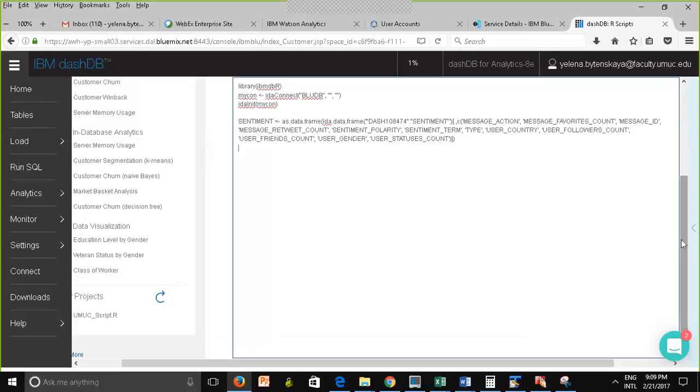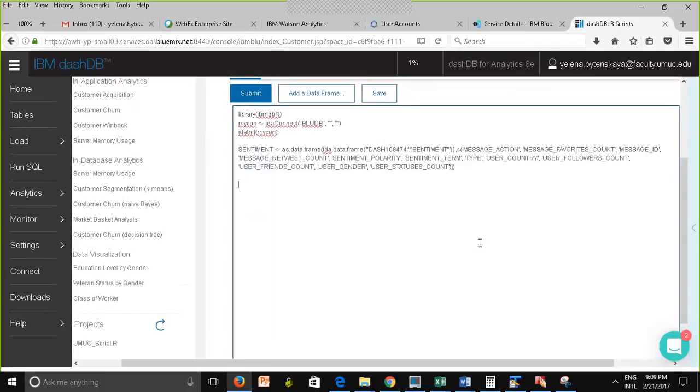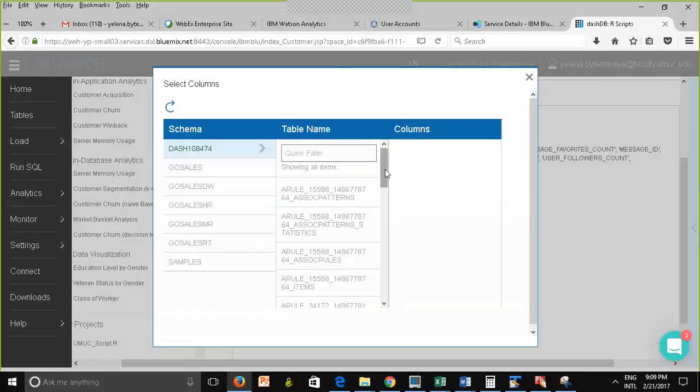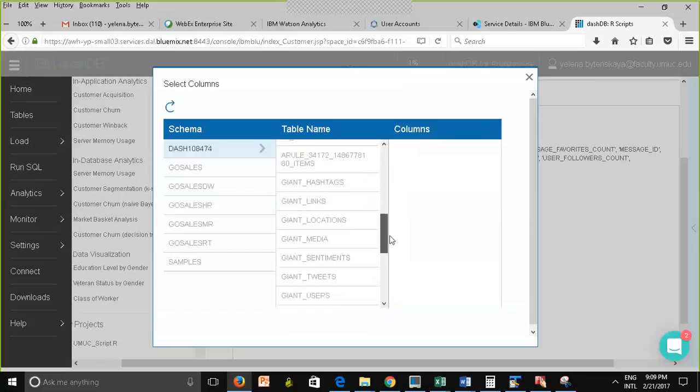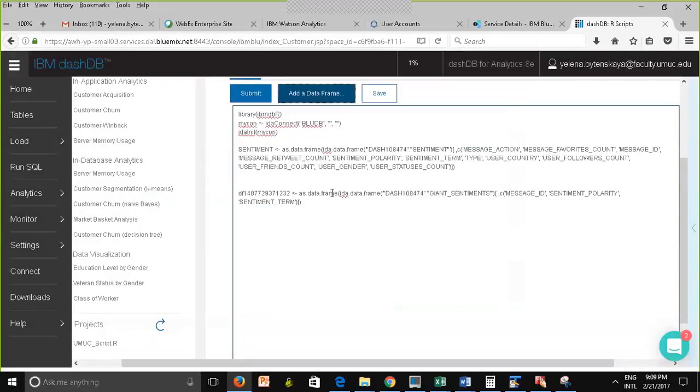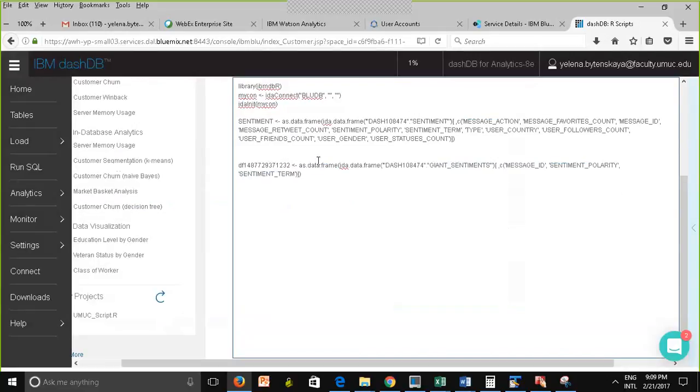Now, suppose that I wanted to load another table. To do that, I would just do this, add data frame, and I would pick another table right here. Just an example. Apply. Here it is, but again, it's given its own name. So if we don't like it, we can always change the name. I like to change it. Here we go. Now, suppose that I'm satisfied with the script as is.